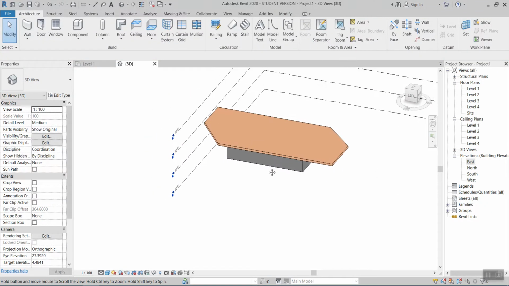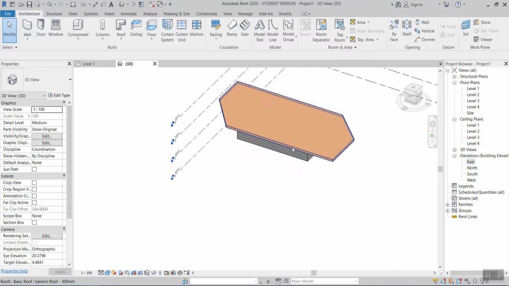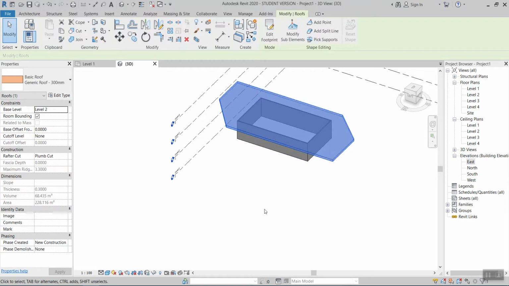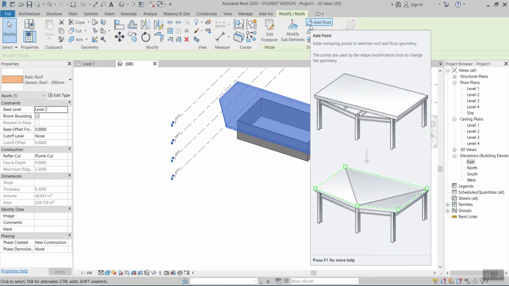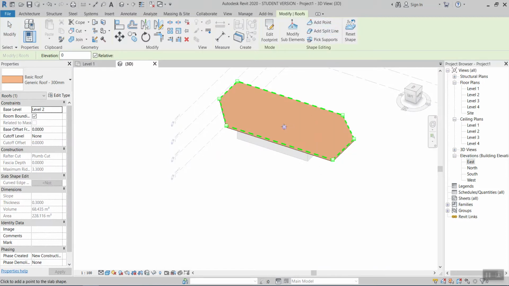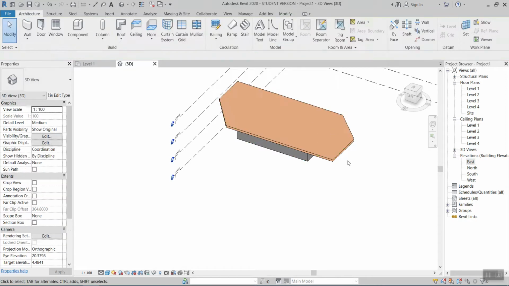There's one more thing I want to talk about, the slope of the roof. If you select the roof, Revit gives you a bunch of options what you want to do. In this case I'm going to be selecting add a point right here. Add a point means that either you want to raise that point on the roof or make it go deeper. I'm going to add a point, let's say right, where should I go? Here. I added one point, press escape, and once you hover over the roof,